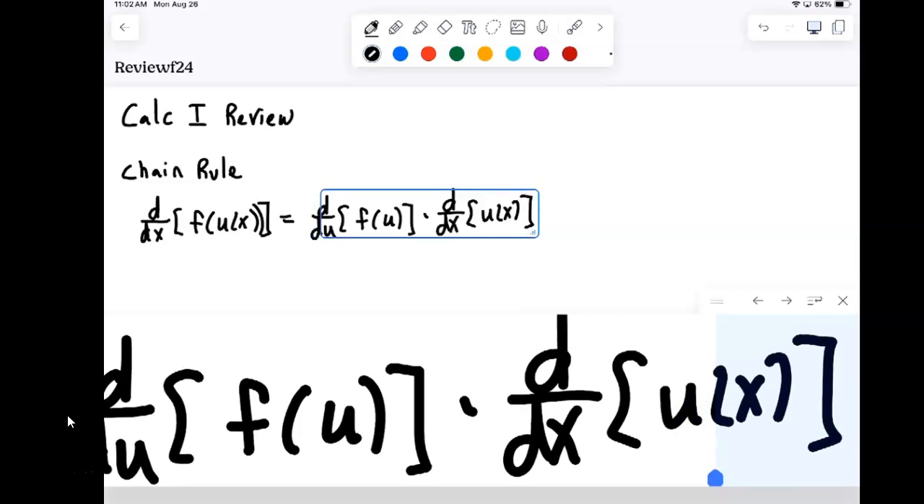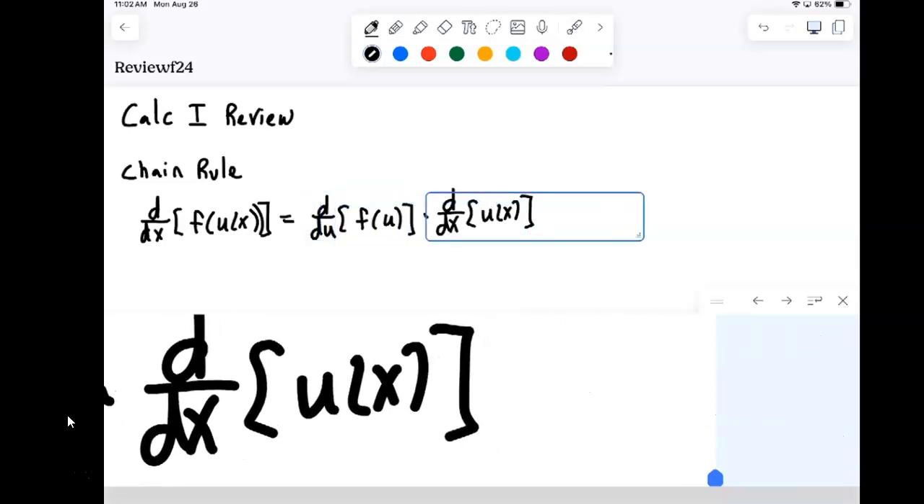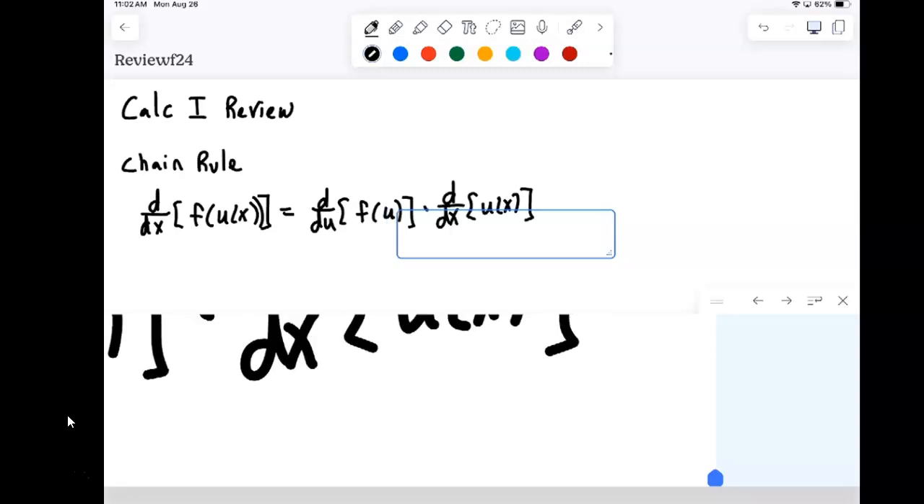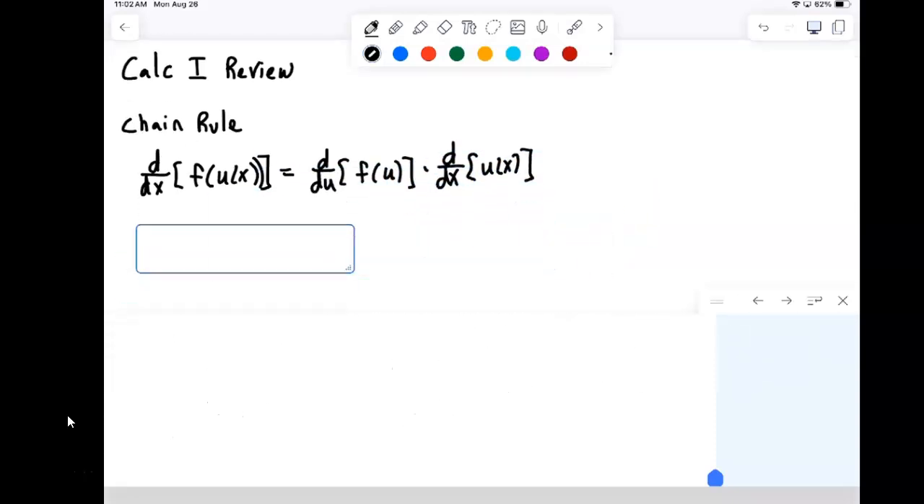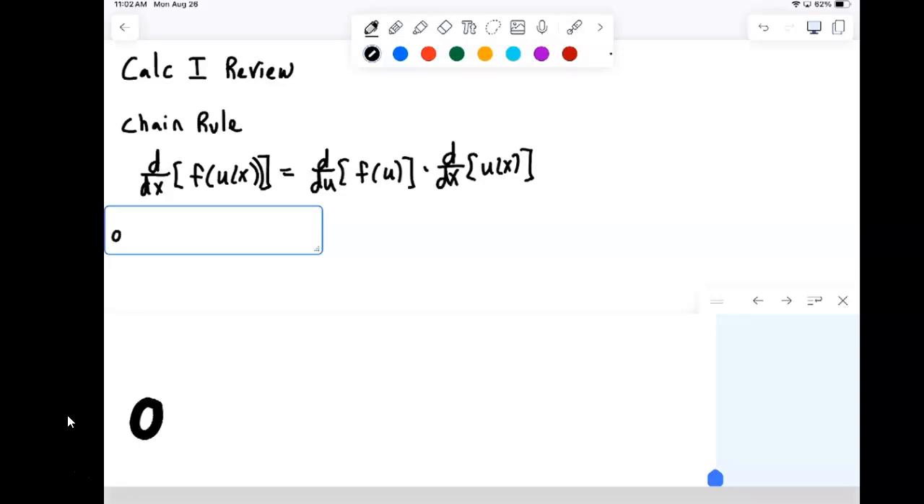And so the key is recognizing the different parts. And of course you can actually have a chain rule where you have more than two layers of composition going on. And we just have to recognize each of those pieces and then take the derivative of each piece as we go along. Okay, so for example, let's consider the function here, f of x